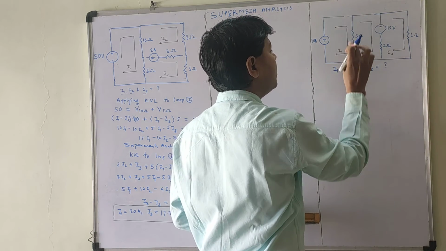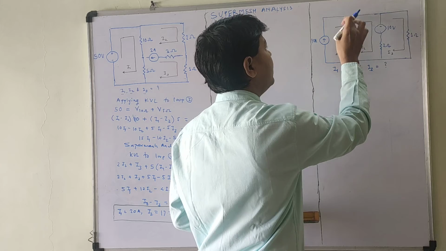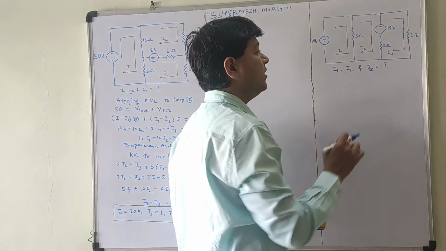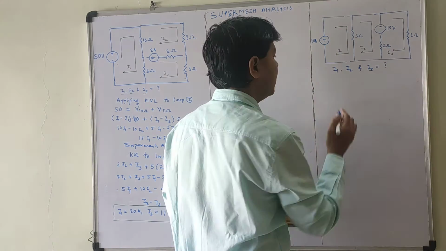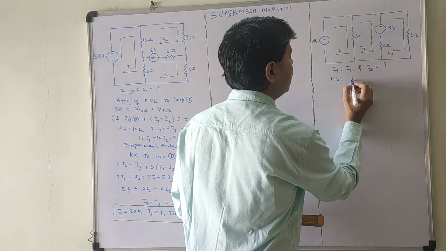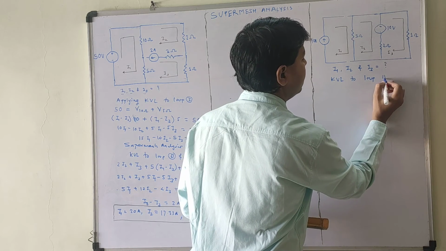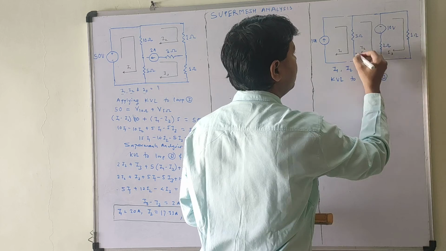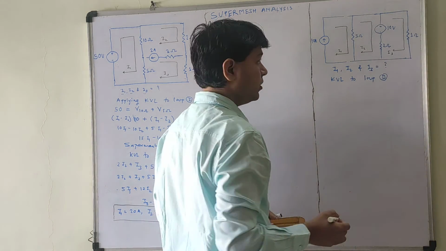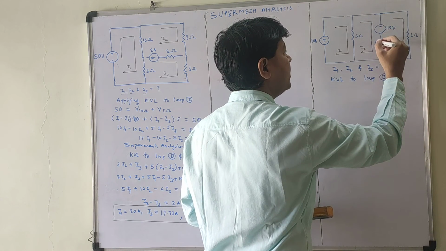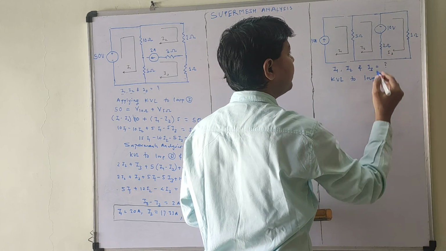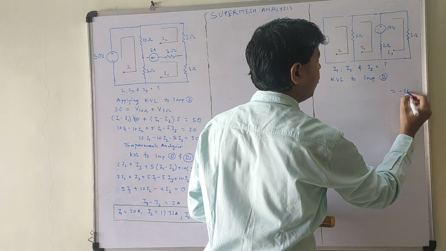First of all, skip the loop which has the current source and apply Kirchhoff's voltage law to the rest of the loops. So apply Kirchhoff's voltage law to loop 2, for this loop I am applying. Okay, the current is flowing from positive to negative. You can see that current is flowing from positive to negative, so the value of voltage source will be